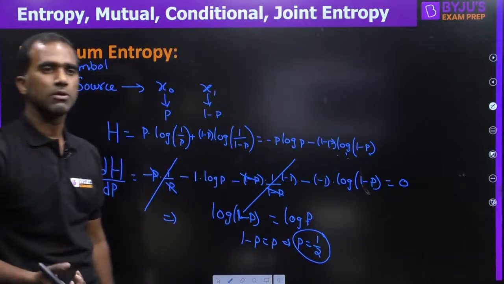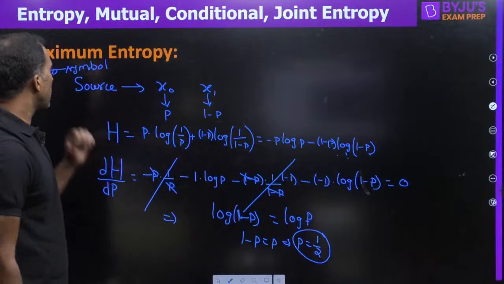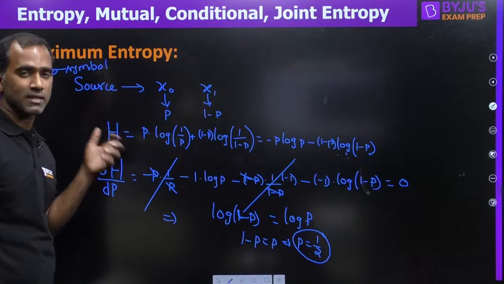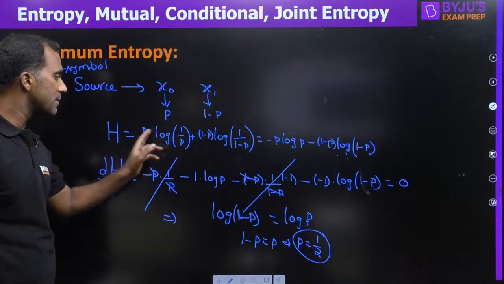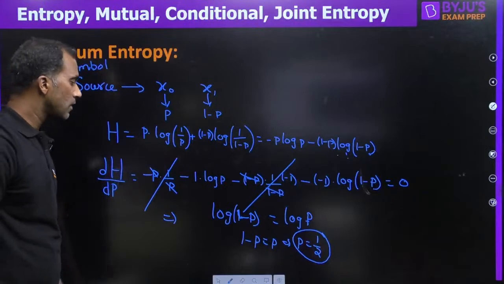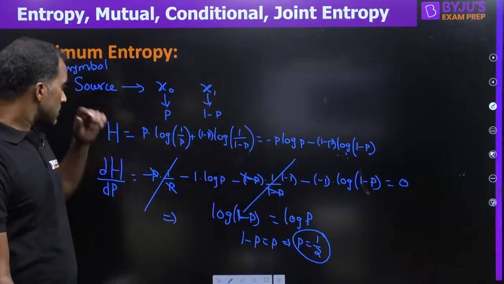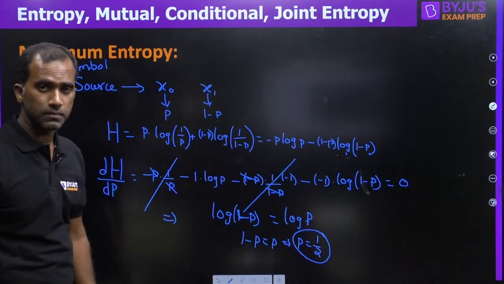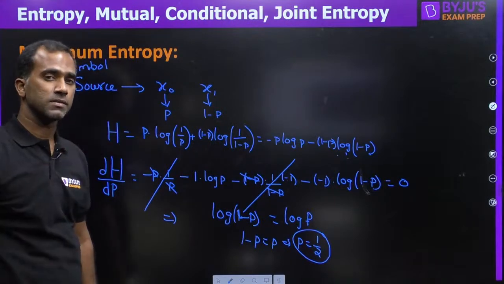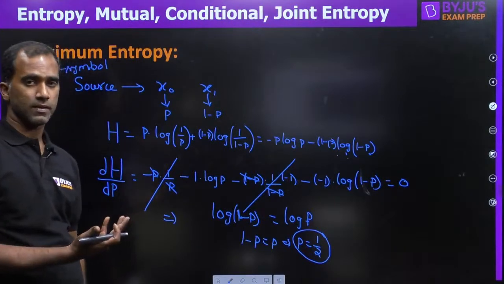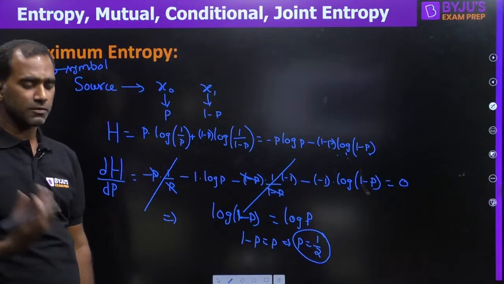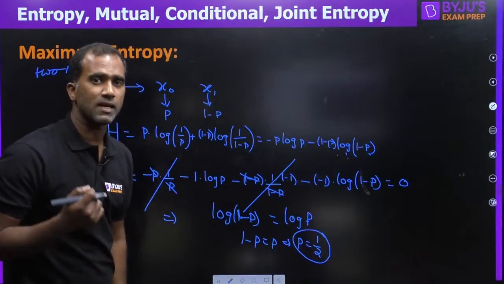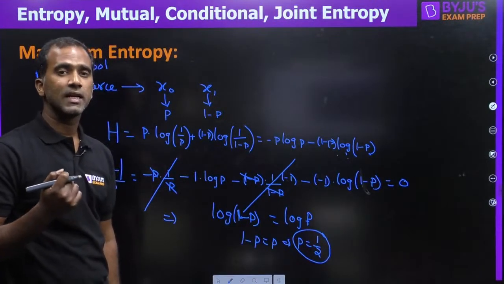So we can draw some conclusions here. What is the result that we got? For a two symbol source, entropy or average information is maximum. Definitely we know that entropy is dependent on probabilities, how the probabilities are distributed, or you can say entropy is dependent on the PDF. So entropy is maximum when the probabilities of both the symbols are equal. Can we extend it to the many symbols case? We can extend it to any number of symbols. If all the symbols from a source have equal probability, we can say that entropy is maximum.